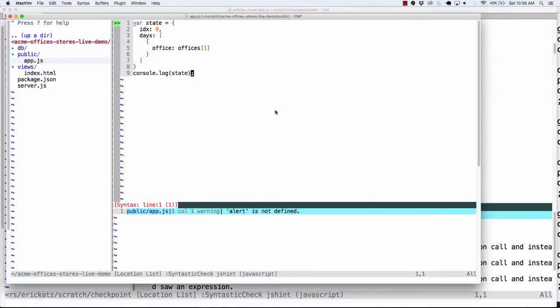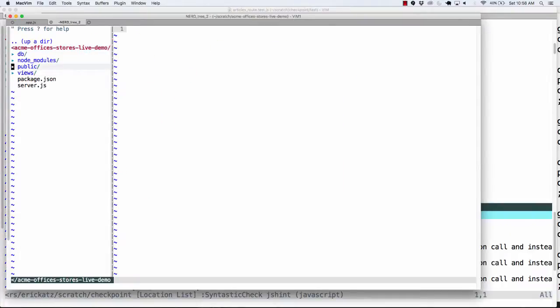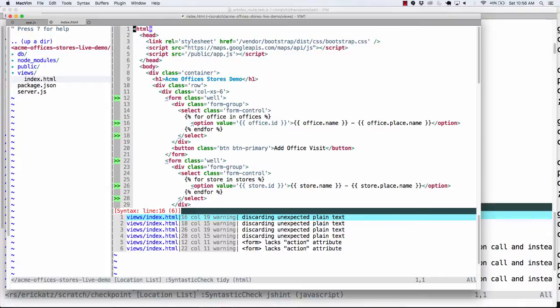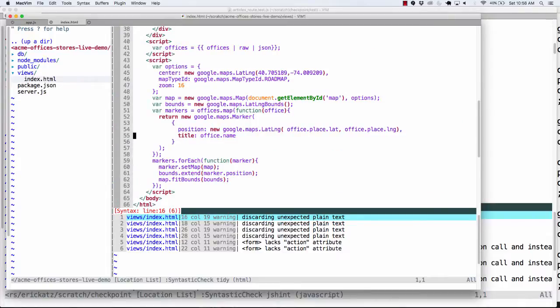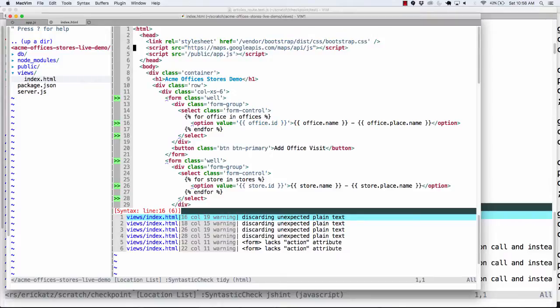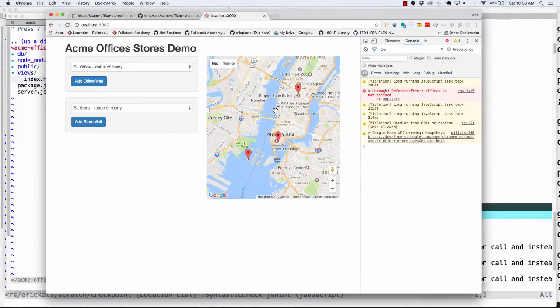Now, let's actually just see where that is. If I go back to my views, I actually am outputting my offices. This is actually coming back from the server, and it's over here. The problem is that it's all the way here at the bottom. My script is here at the top. If I want this script to run after everything else has loaded, I could simply put a tag in here called defer. And now if I go back here,